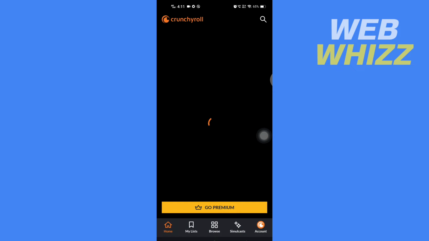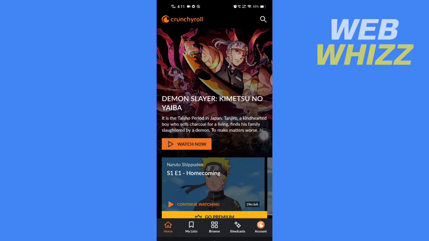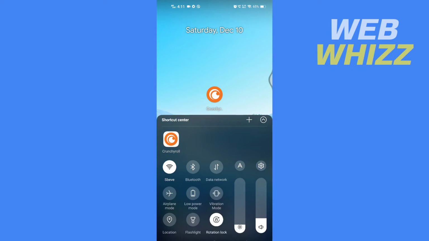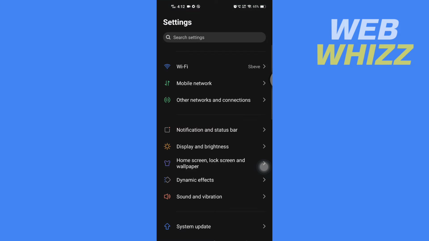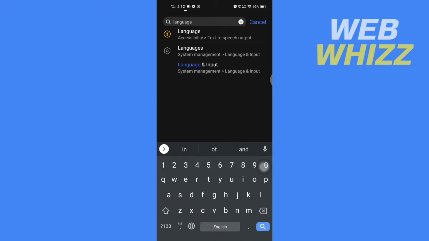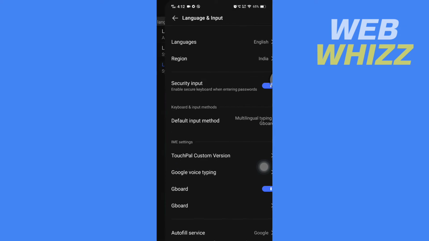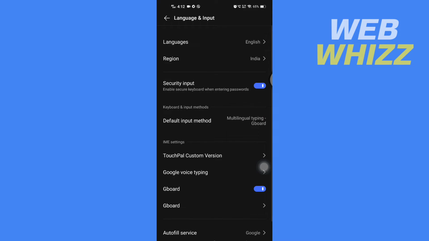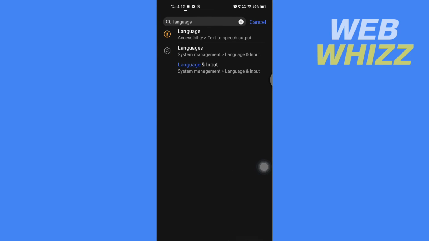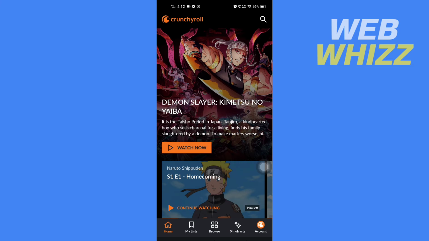And then once you're in the app, if you want to change this interface language, you have to go to your phone's settings and search for language. And then from here you can select the language you want,